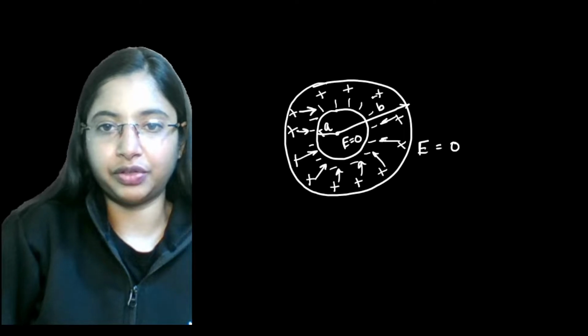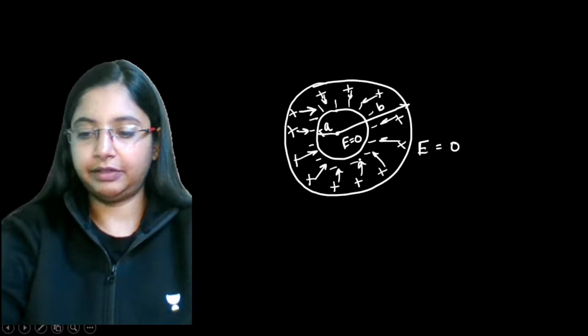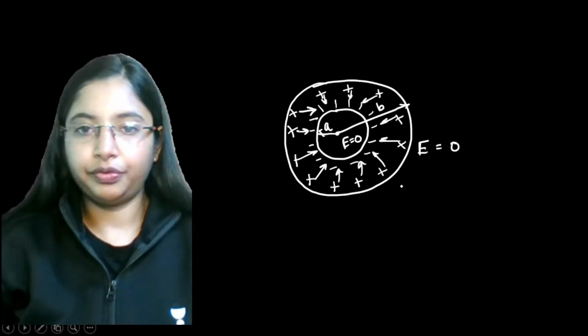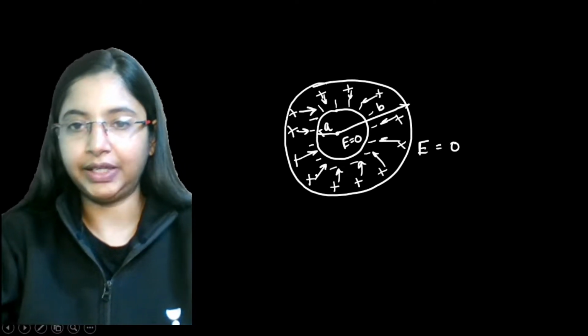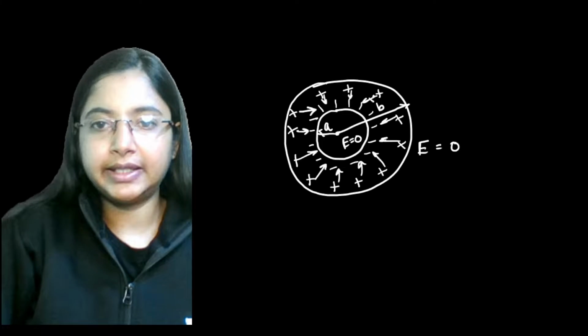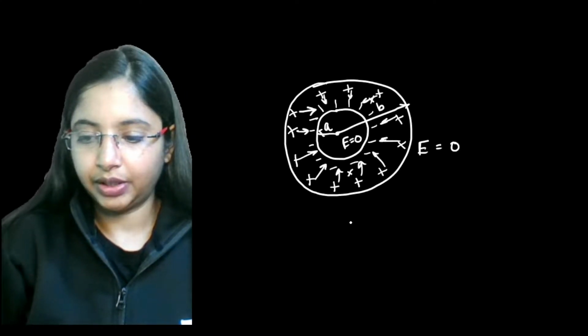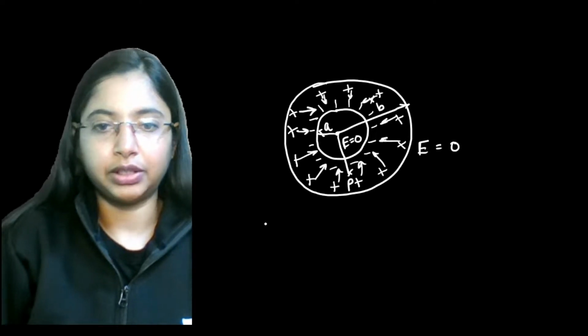So it's going to be pointed radially inwards. So the field is going to be in this direction. All right. So if you want to find out what is the electric field at any point inside over here, you can choose any point, let's say point P over here. You want to find out what is the electric field at this point P, which means